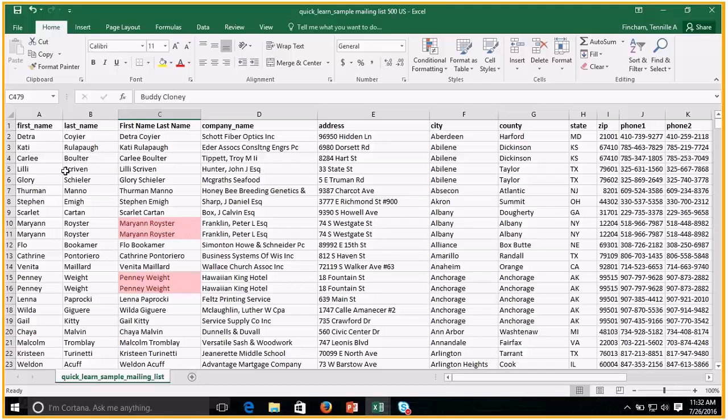So a table, you can create this in multiple ways. A keyboard shortcut for creating a table, and this works if your data is continuous, meaning you don't have any empty columns or empty rows in the middle. So if you have a continuous set of data, you'll select a cell within your data set, and you can do a Control T, as in Tom,